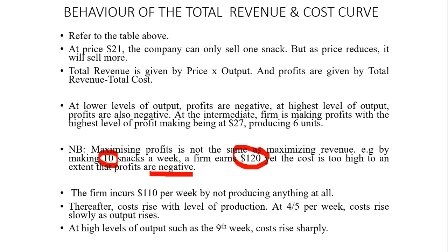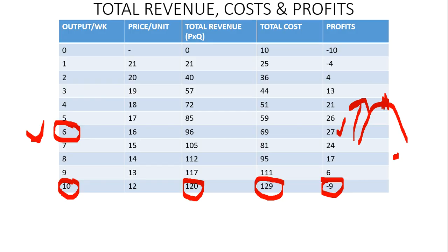Is the 6. So it's not good to produce a high unit beyond the profit maximizing output. At the same time, it's not good to produce a lower output below the profit maximizing output, because remember, your aim is to maximize this profit. So any other output other than the profit maximizing output is not going to maximize